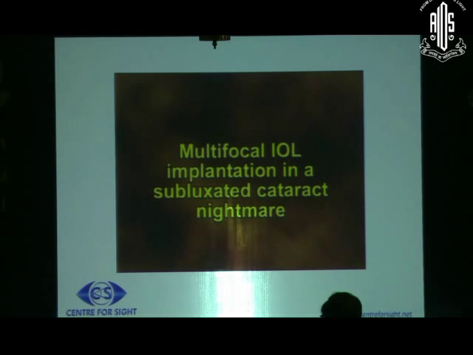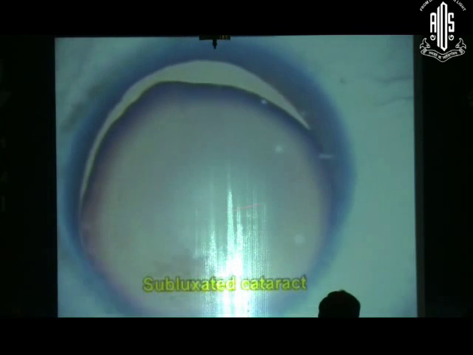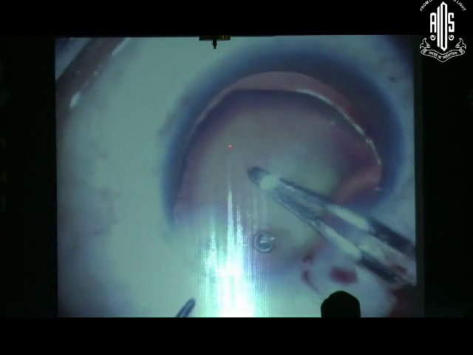Now this is a case of a nightmare again. A patient presented with a significant... Now this is a multifocal IOL implantation in a subluxated cataract. You see that there's a subluxated cataract, and we attempted to put a ring to stabilize this and to put a multifocal lens in this. So you're doing a capsulorhexis, as you can see, which is coming out all right. We do a gentle hydrodissection, and since the cataract is very soft, it's a young person,